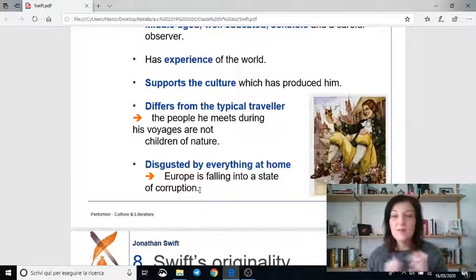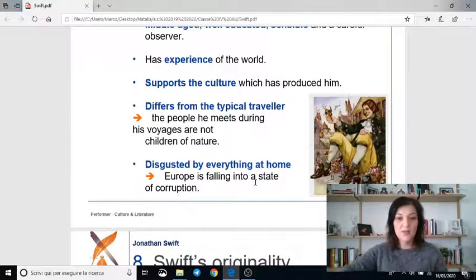In fact, Lemuel Gulliver in this shares the same opinion, the same idea with the author, so with Swift. He thinks that Europe is really falling into a state of corruption. Okay,